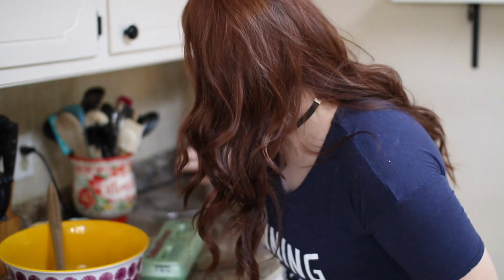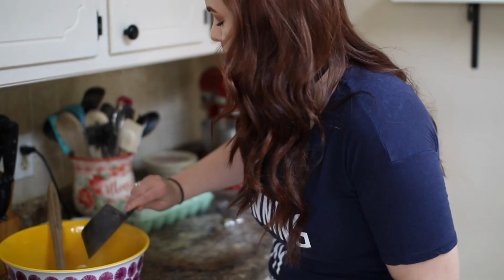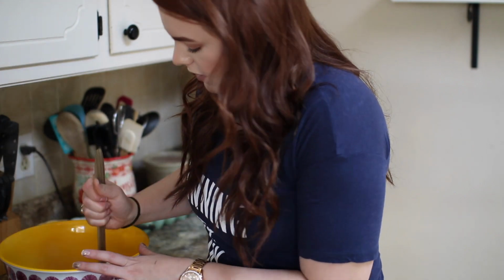Then you will need 1 full cup or 2 sticks of butter melted. I'm really bad, I'm low on butter, so I'm going to have to use margarine, but if you can, definitely use butter, it'll be a lot better. Once you've got your melted butter, you just want to add that to your sugar mixture. And then stir that around,